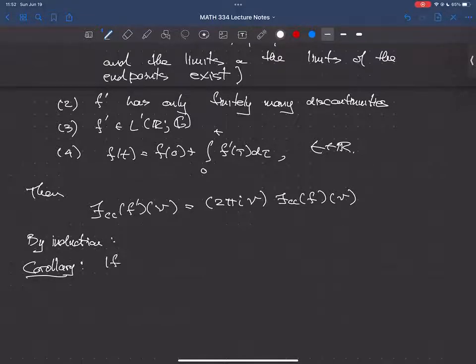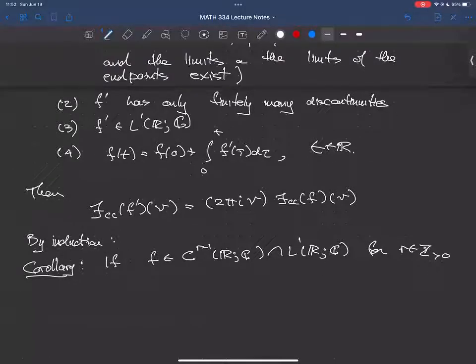And so if f is in C^(r-1), L1, where r is some non-negative integer, and if there exists an f_r from R into C such that,